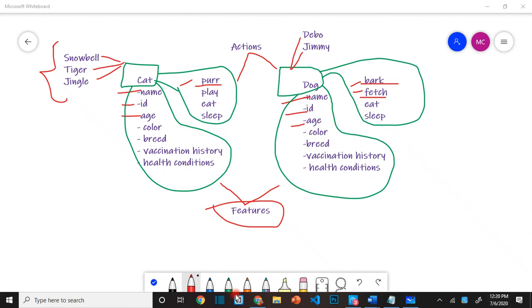So these are our actual pets and they have all these characteristics that are common. So the commonality is termed as cat or dog. And this particular cat or dog species can perform a certain set of actions and they have a certain set of features. Okay. So if we were to go to a brand new page,